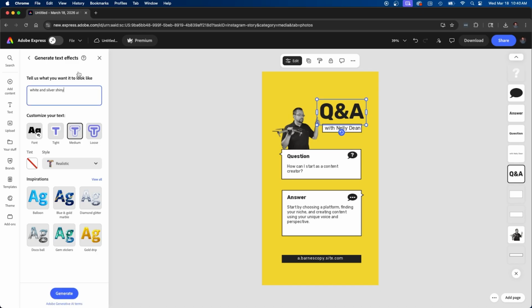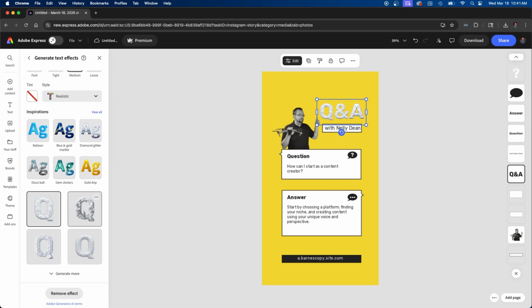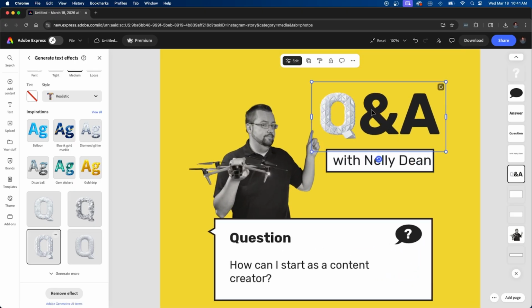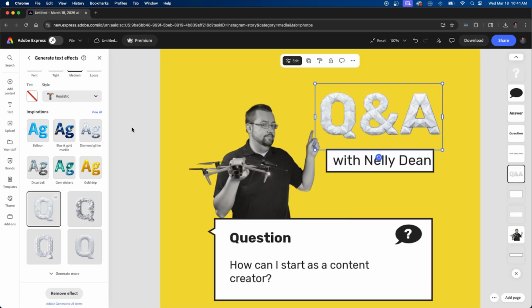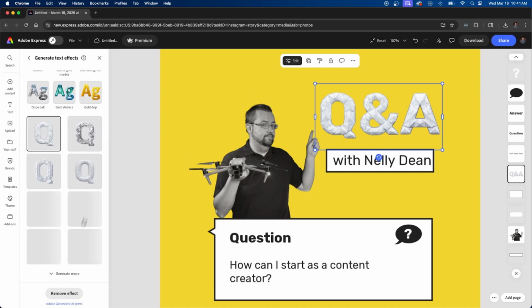I'm going to type in white and silver shiny and click generate at the bottom. If we scroll down here, it gives us a few options to choose. We can select the different options here and it'll update inside our preview. If I zoom in a little bit, we can see the output. I kind of like the first option here. I think that's nice, but you can also generate more down below to get even more options on the left-hand